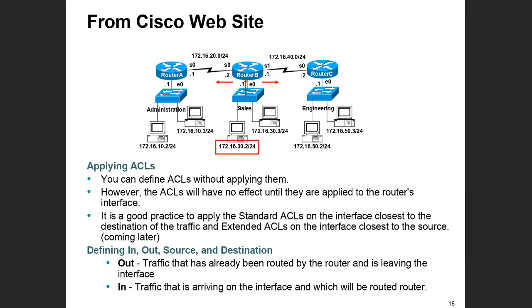The alternative method is to put the access control list on the inbound interface. In this case, it's the default gateway router address for everybody on the sales network. It's 172.16.30.1. So all traffic that comes from the sales network that needs to be routed to the other networks has to go in that default gateway port for this particular network, and then the router will look in this routing table and make the traffic forwarding decision. Of course, he has to